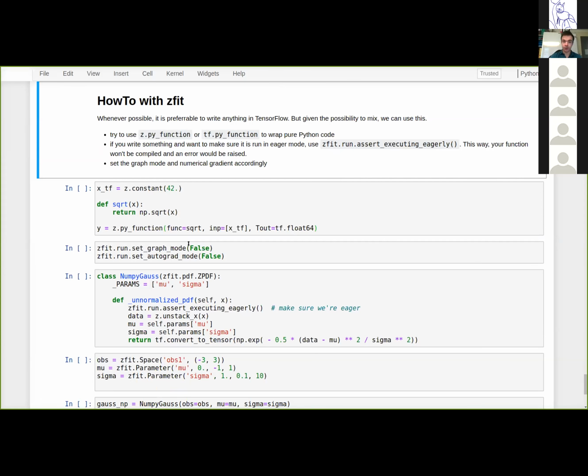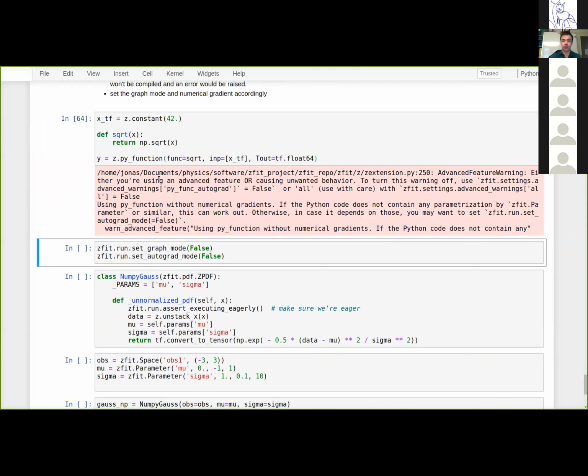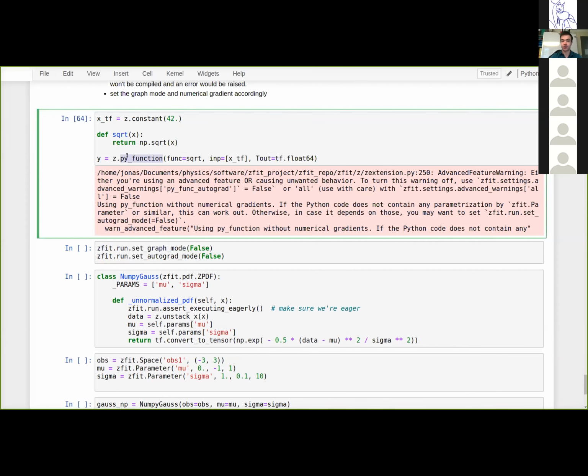And the interesting thing now is this. We've seen this eager mode, and we see how we can just go with NumPy. Sure, if you use NumPy directly and combine it with eager mode, we can't use the graph stuff anymore, but okay, that's the price you pay. What we can always do, just keep this in mind, is wrap it with a py_function. z.py_function is, by the way, the wrapped backend in zfit. This is basically TensorFlow, just wrapped. And we can always do this. This also works inside